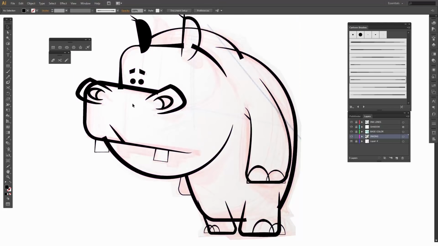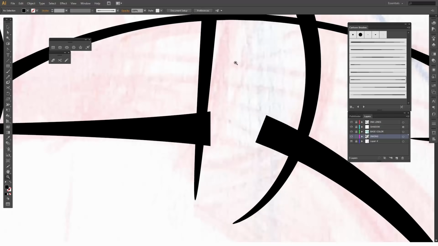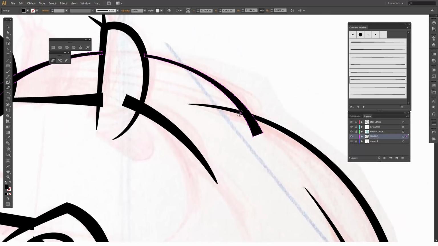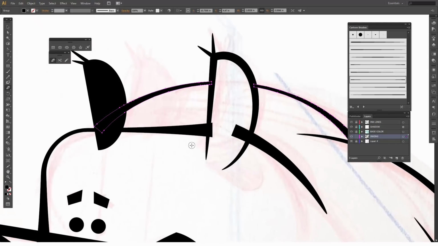So now we're going to do pretty much our cleanup, and what we're looking to do is all of the little overlapping lines that we weren't concerned with before, now we get to be concerned with them. So let's just come in through the ear so you can see what we're doing. So let's just say this line right here. I'm going to go Shift E, that's also our eraser tool, and anytime it overlaps things, notice that it is selected, so the line I'm deleting is what is selected. Notice that I could do this all day long on the ones that aren't selected and it does not affect it. So as long as you have the ones that you are deleting selected,